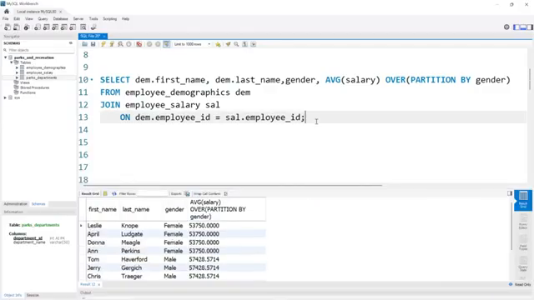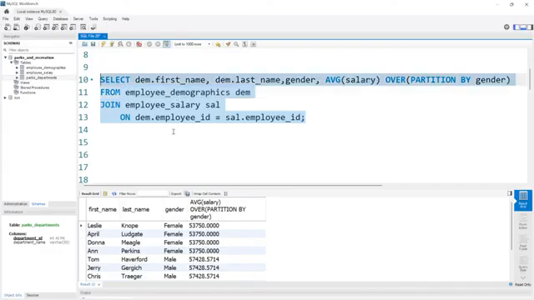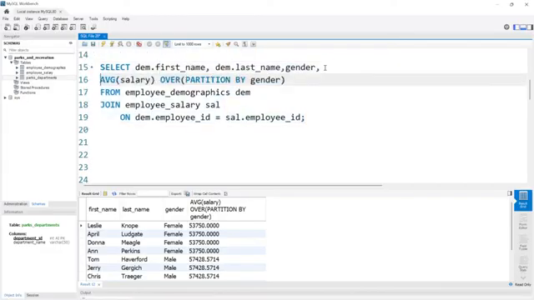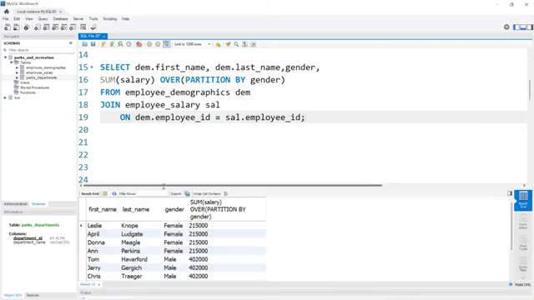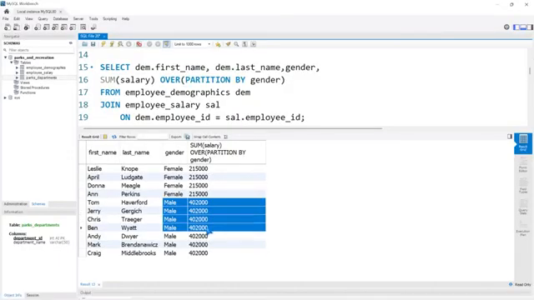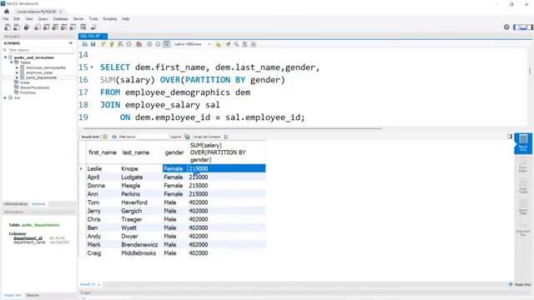Let's try another example really quickly. Let's literally just copy this, paste it down here, and all we're going to do is change this to sum. So now, instead of the average salary, we're looking at the sum of salaries, and we're still partitioning by the gender. Let's go ahead and run this, and let's pull this up. So all the men together make $402,000. All of the females make